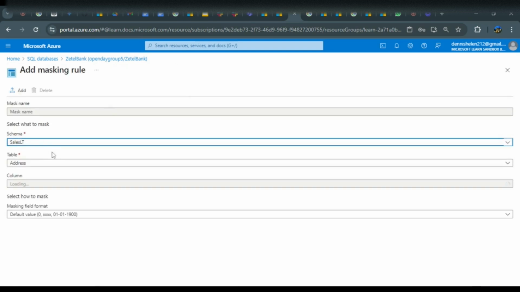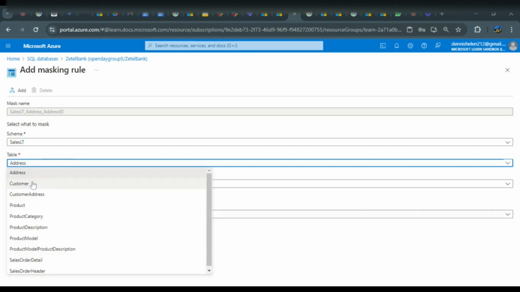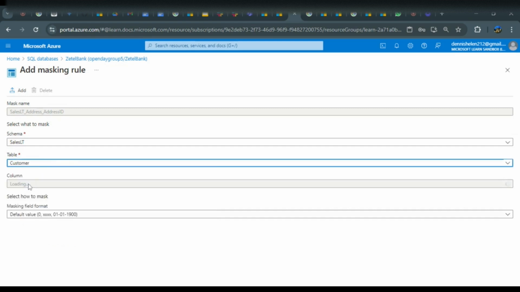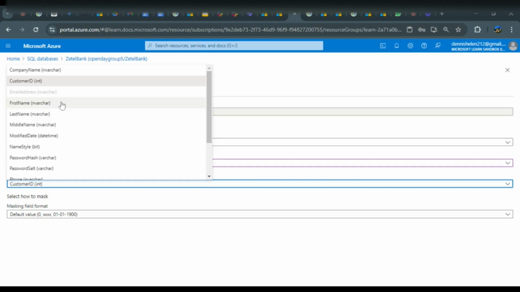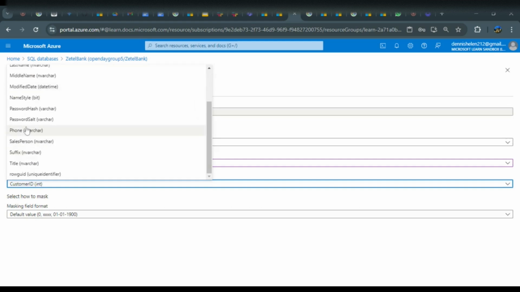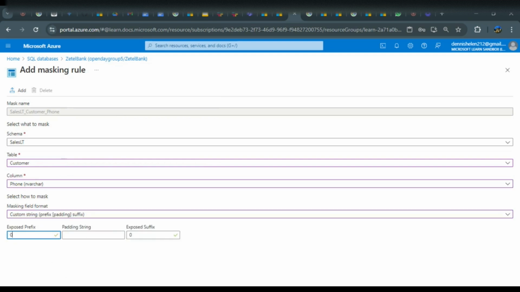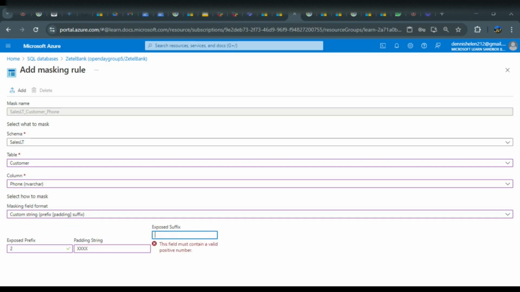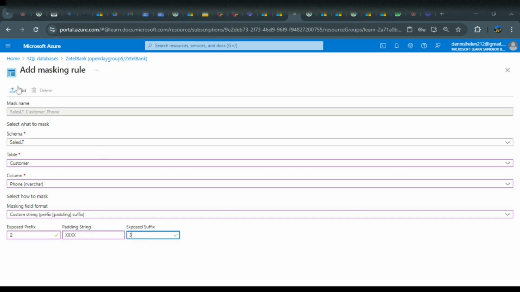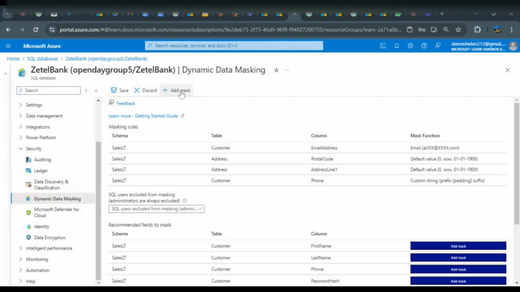During the presentation we talked about knowing your schema. So here it is. When you know your schema, you also need to know your table. Where we have the phone number is on the customer table, and then we go straight to the column phone number. Here we're going to add a custom string. Let's mask the first two, add padding, and then we leave the last three open, and then let's just add one more,